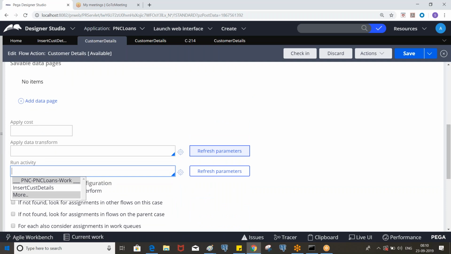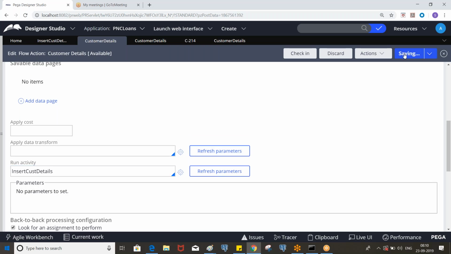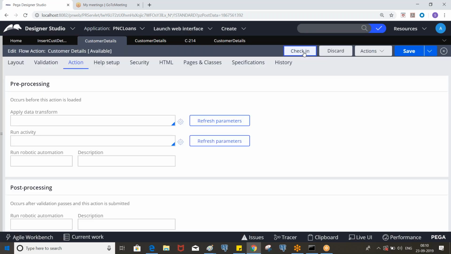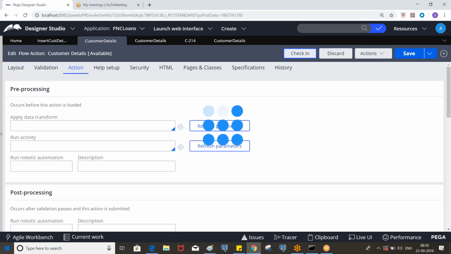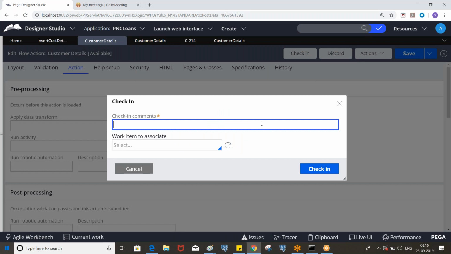The list of activities will be available here. Okay, and save it and check in the rule, and you need to provide a proper comment. So: invoke activity in the post processing.